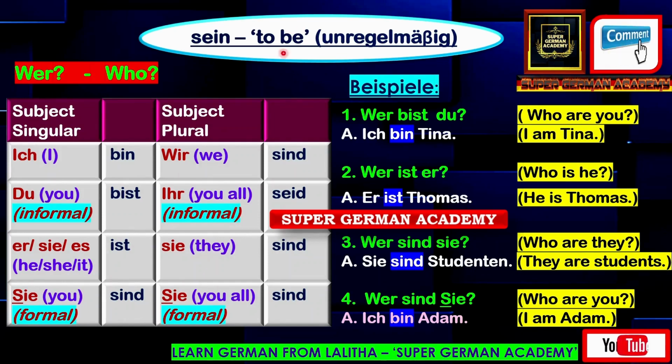This is how the conjugation of sein happens and how to use the sein verb in sentences. Now here, sein is unregelmäßig. This is unregelmäßig because if you observe the spellings of sein, here it is bin, for du it is bist, for er, sie, es it is ist, and for Sie formal it is sind. So if you observe the spelling pattern here, the spelling keeps changing, it's not repeating. So this kind of verbs are called unregelmäßig. It means irregular verbs. So sein is an irregular verb. In German, an irregular verb is called unregelmäßig. So this is about the sein verb. I hope you understood how to make sentences using this sein conjugation for different subjects, how to ask questions and how to reply to them.